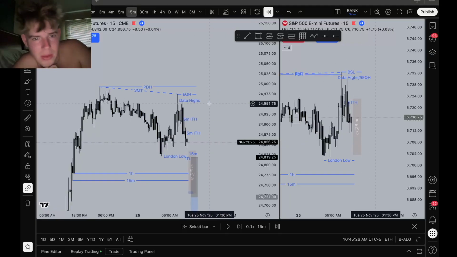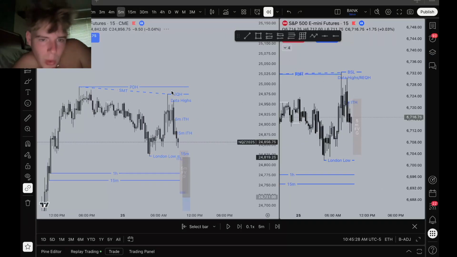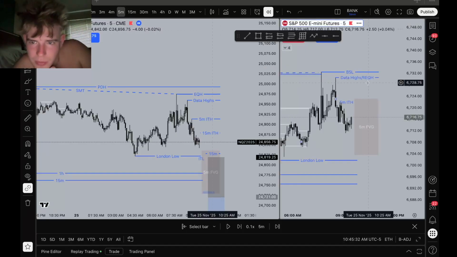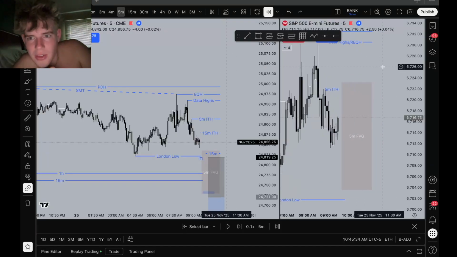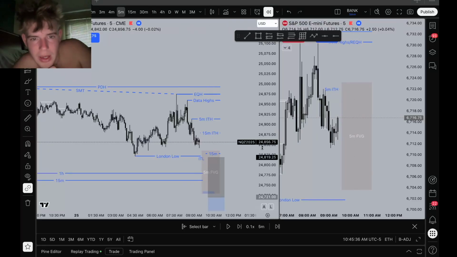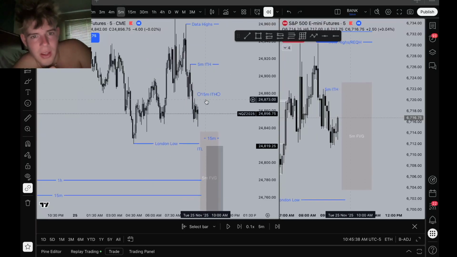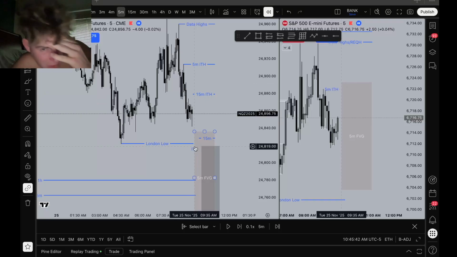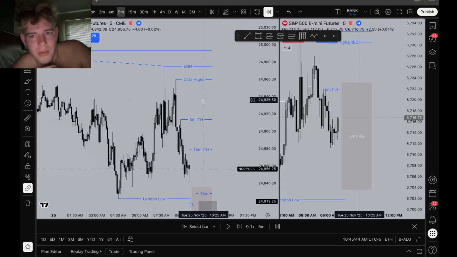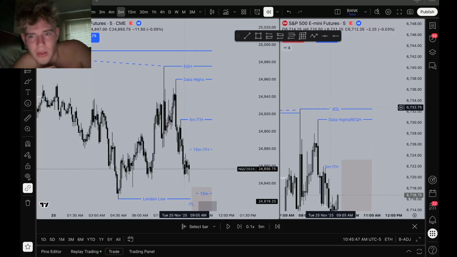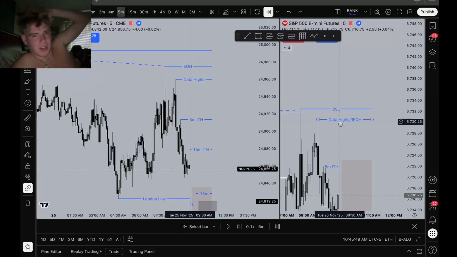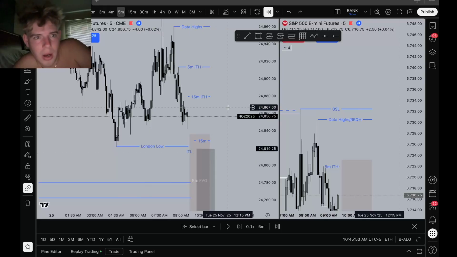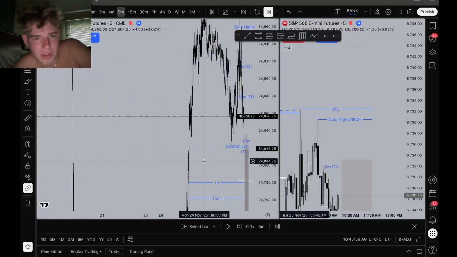I wanted to see either, off open, ES take this 5 minute internal high and NQ doesn't take it, and then it would come into this 5 minute and get shorts to London lows. Or NQ comes up to this 5 minute internal high and ES takes all this buy side, the data highs and everything, and then we sell off to London lows.